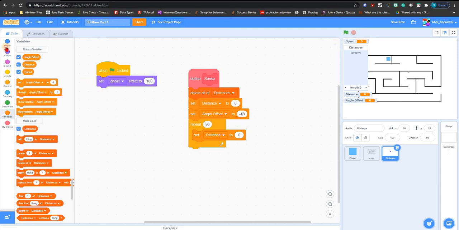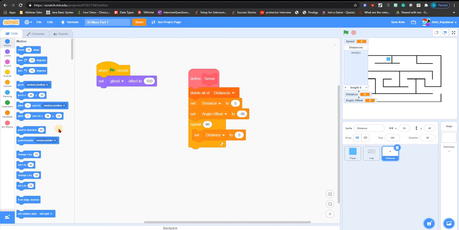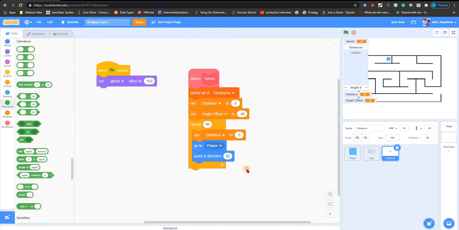And then go to person. You can't see it, so yeah. Go to person. I mean player. Doesn't really matter. Point in direction. You want to point in direction. Okay, so this part is this part is